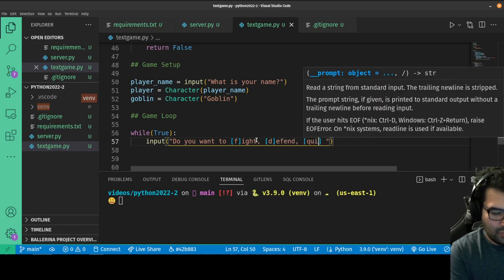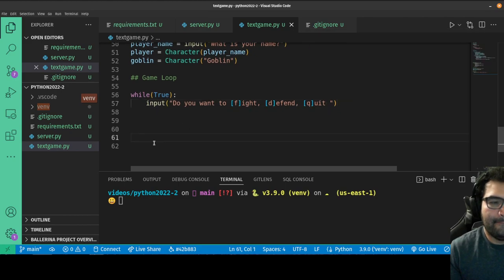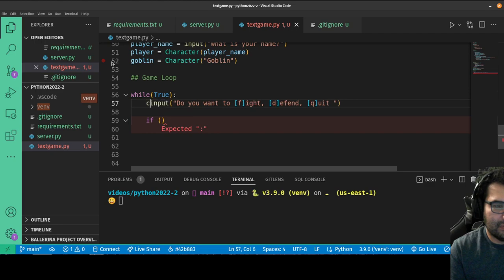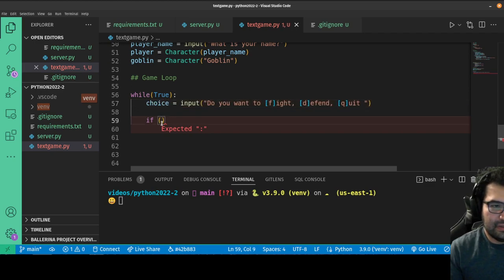Or quit. Okay. And then here we go. So then what we do is we just create an if statement for each one. Okay, so if the player, and this input needs to be saved in a variable, so the player's choice equals, so if choice equals F,